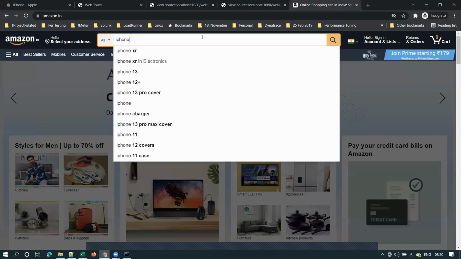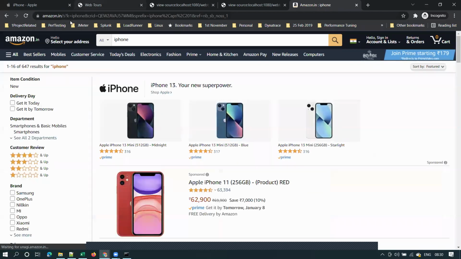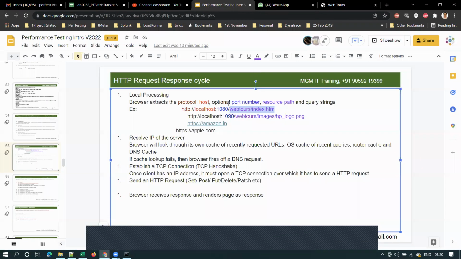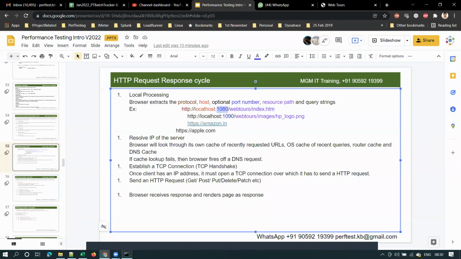Let's say I search for iPhone. Okay. Now see here. So this is Amazon.in. This is your server name, right? There is no port number here. Port number is optional, as I mentioned here.